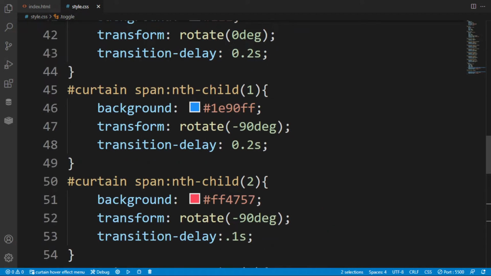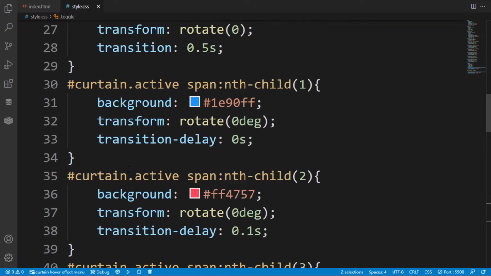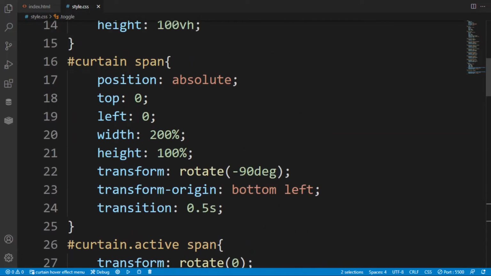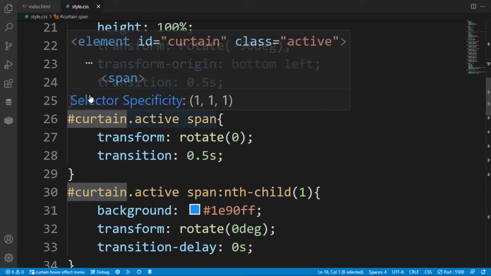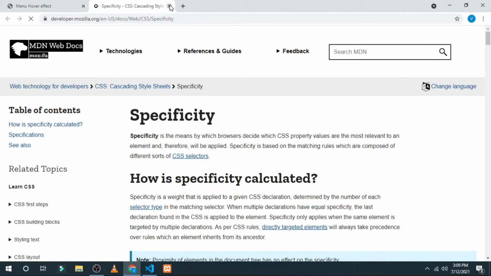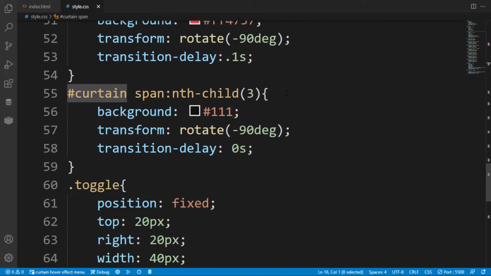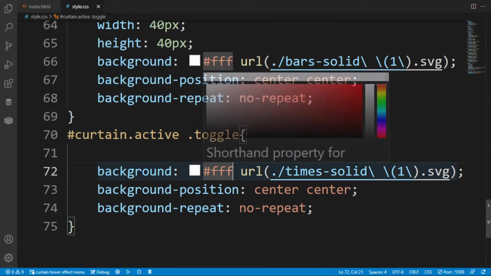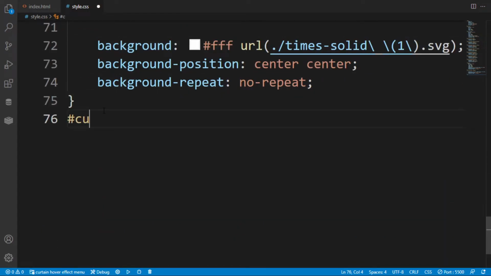Now here in this I am thinking about creating the UL that we have created. So I have selected this curtain. With the help of this curtain dot active I want to style my CSS. So sorry for that, I have opened my guidance.